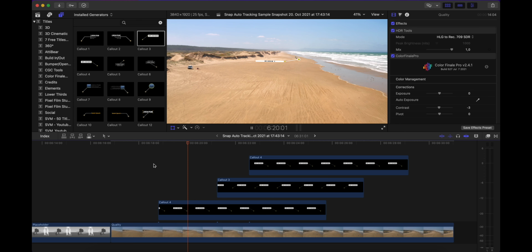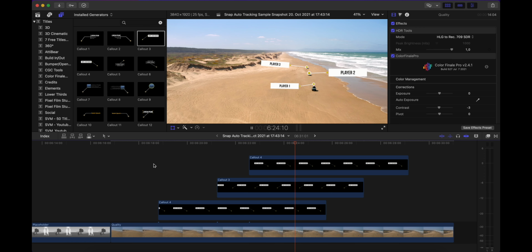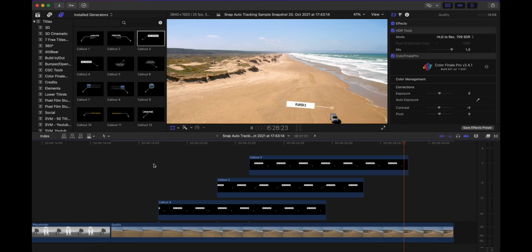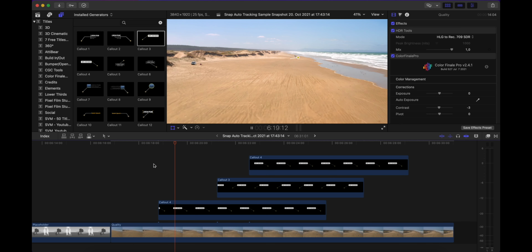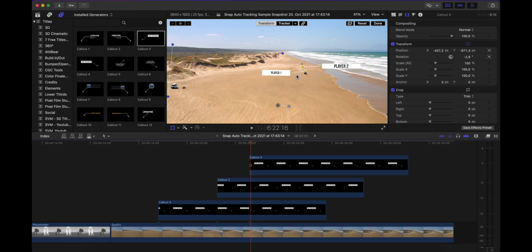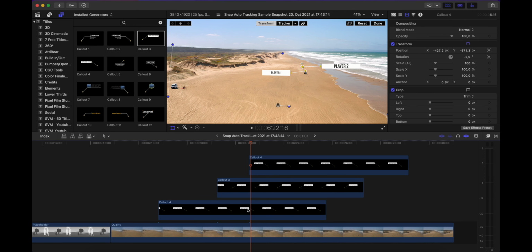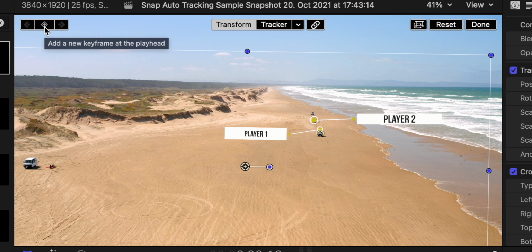Let's say you're done with your tracking, but you're not fully satisfied with how it turned out, and the subject you want to track is not properly tracked. Well, you can adjust this later with the help of additional keyframes. So move the playhead to a point where your tracker moves off space. In this instance, we have this little dot here that is not perfectly sticking to the car. To fix this, I'm selecting the layer I want to adjust and just adding one additional keyframe here.